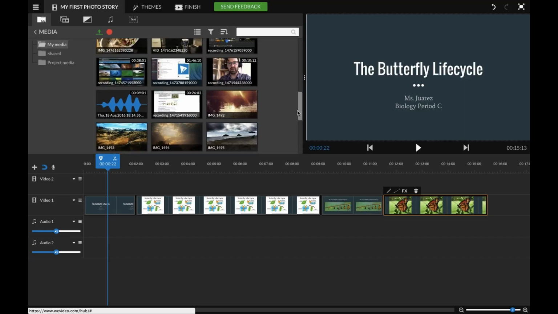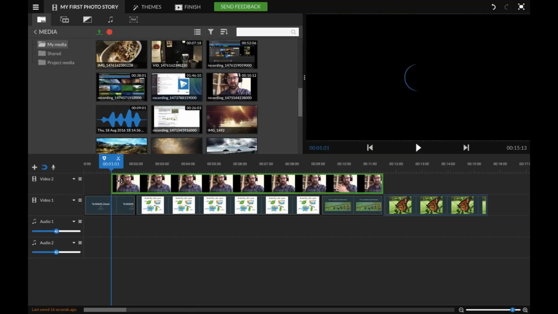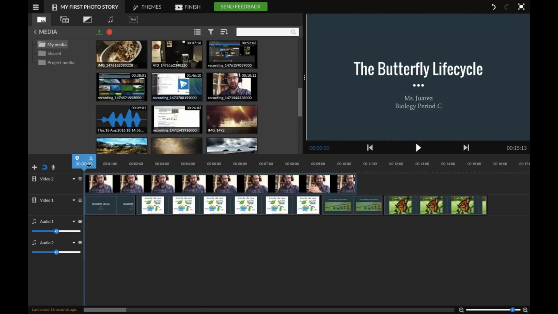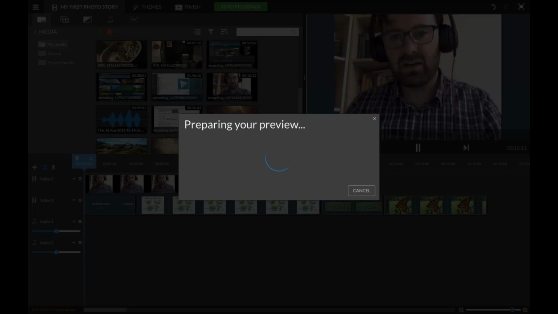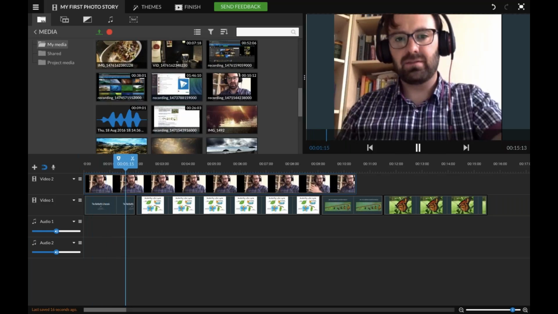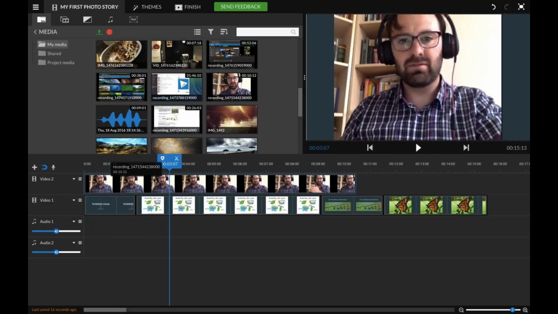Yeah, let's say I recorded myself with my device camera and I want to talk over the presentation. If I play this, notice how this top layer is covering up the bottom, which is not desirable. But this is the entire logic of this multi-track editing.